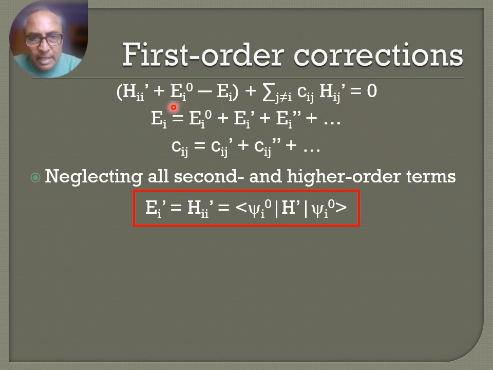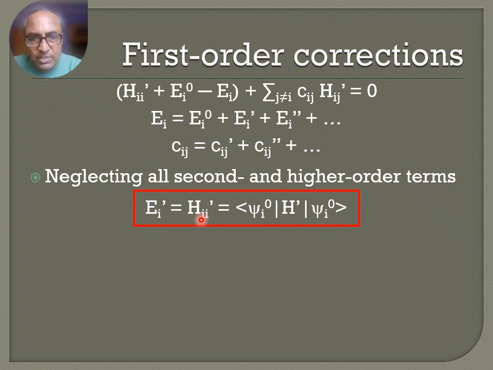Substituting the first order approximation E_i equal to E_i^0 plus E_i dash for E_i in here, E_i^0 cancels and we get H_ii dash minus E_i dash is equal to 0,